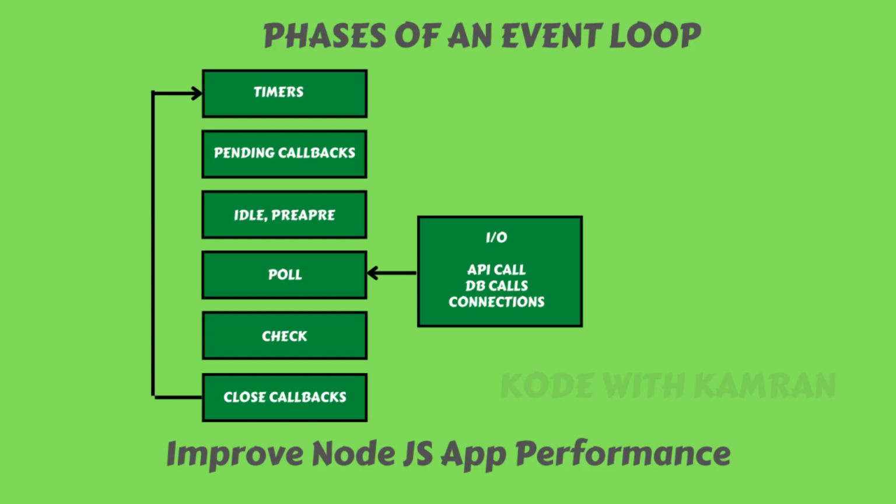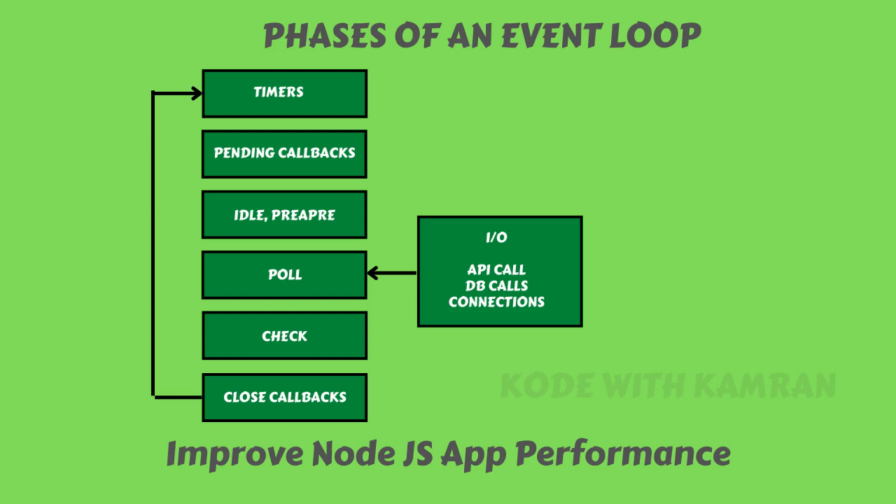And this is the main reason why most of our Node.js applications slow down. If in this phase the callback is taking a lot of time, or you are doing some CPU intense work in your JS application, then this will take a lot of time and your whole iteration of the loop will get stuck. And when you increase this input output, these iterations will increase, and that in turn will increase the lag in the performance.